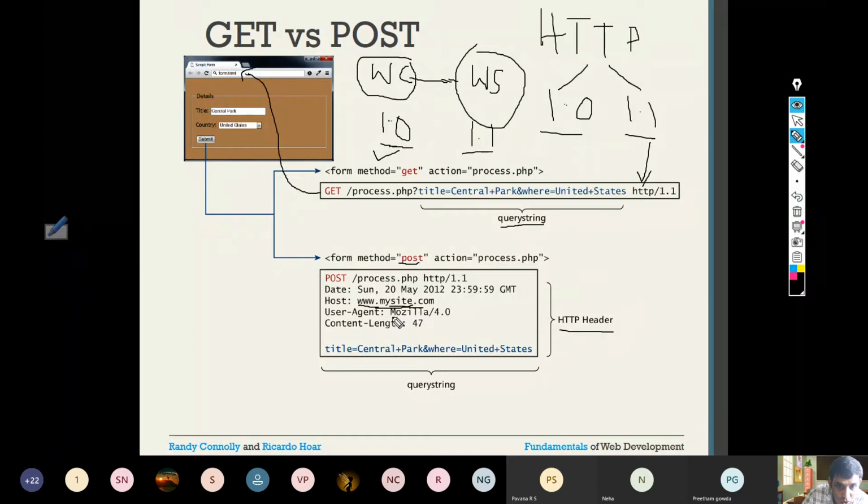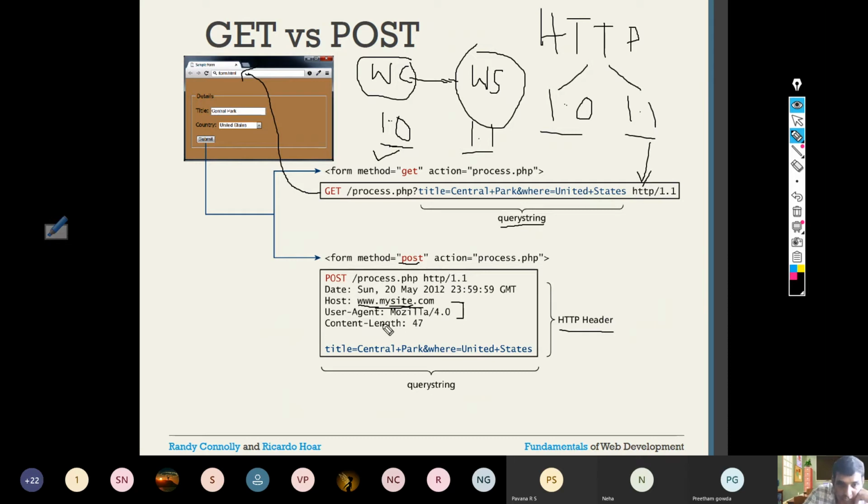Then User-Agent. Your user agent is your browser, which is a web client, which says that I am using the Mozilla browser, which is 4.0. This is how every server will come to know which browser and which operating system is actually contacting the server. Your user agent, the browser itself, is telling that I am user agent Mozilla 4.0. That means the browser is telling which version, which browser. If you are using Internet Explorer, it may say Internet Explorer 9. If you are using Chrome, version 24, like that.